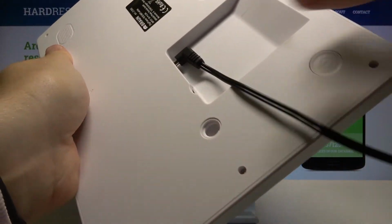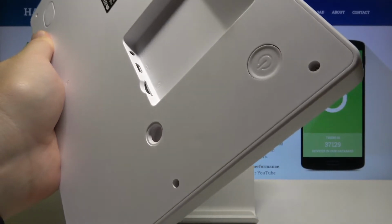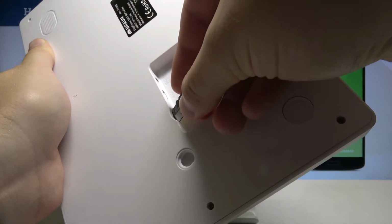And right now I'm going to take off this cable, and we have to insert the card right here, and we have to put it like that in this position. So simply put it here